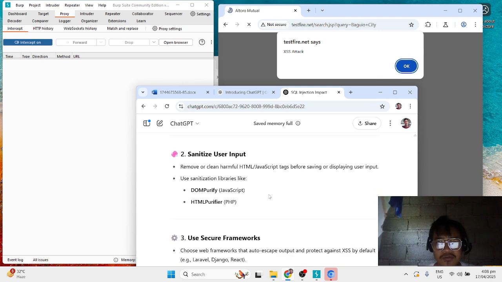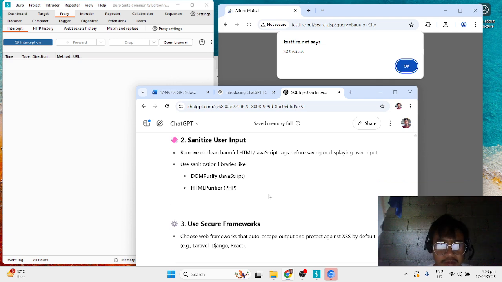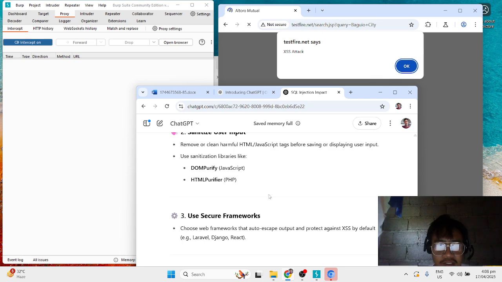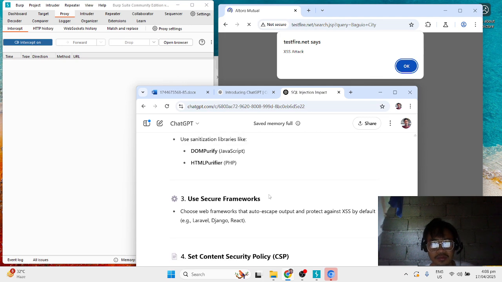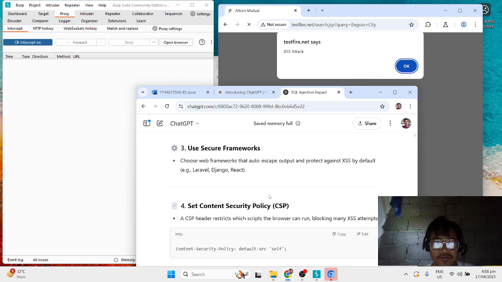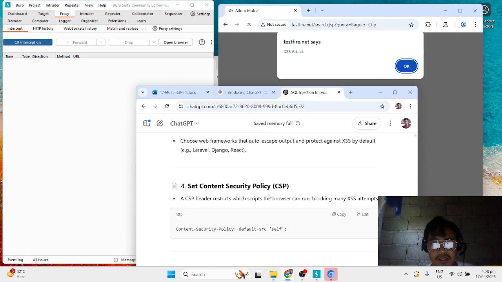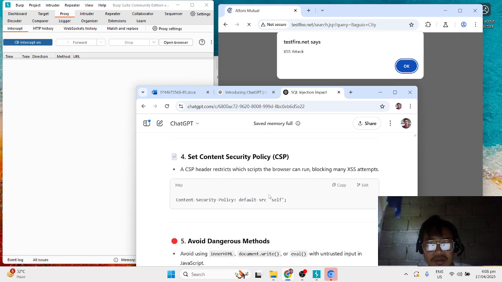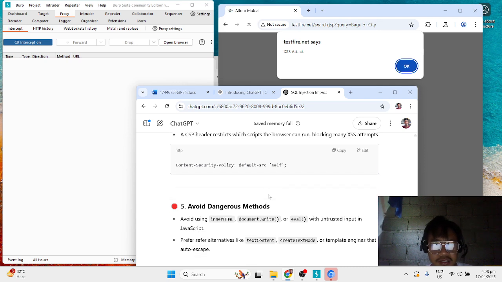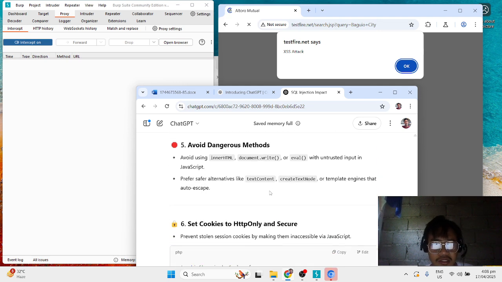Remove or clean harmful HTML JavaScript tags before saving or displaying user input. So use sanitation libraries like DOMPurify, JavaScript, PHP. Use secure frameworks. So choose web frameworks that auto-escape output and protect against XSS by default. Set content security policy. Avoid dangerous methods.